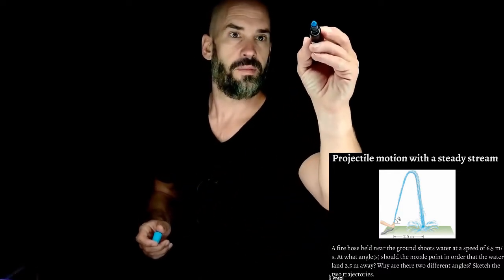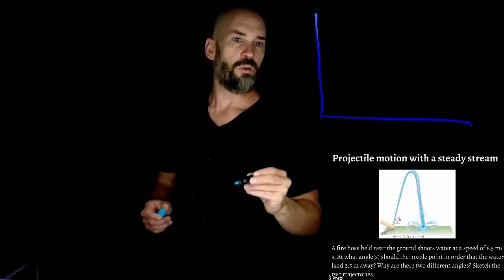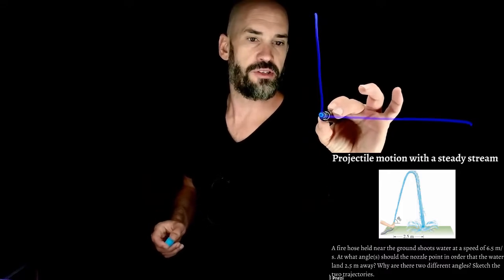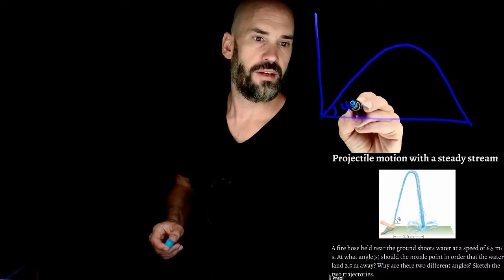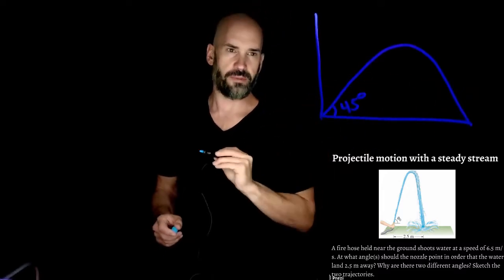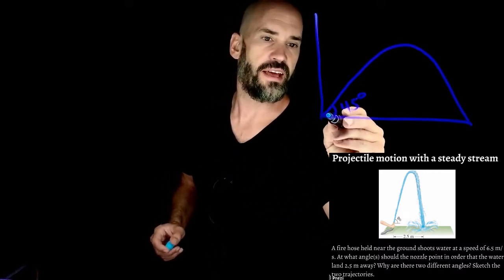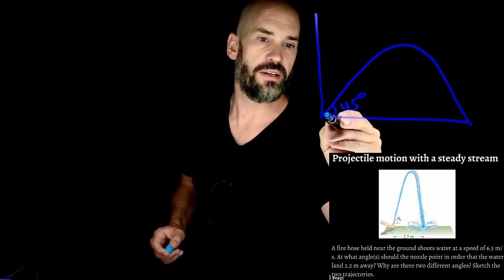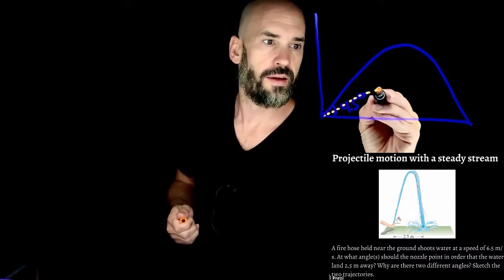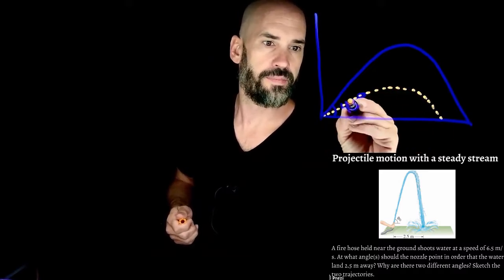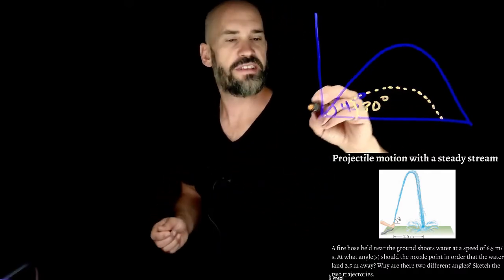let's start by showing you this, okay? We've talked a little bit about how the maximum possible range is at 45 degrees, right? So at 45 degrees, then any object goes as far as it can possibly go, okay? Now, if I were to, let's say, do 30 degrees, right? So let's do 30 degrees instead. I'm not going to go as high. I'm not going to go as far, right? But if I do 60 degrees,